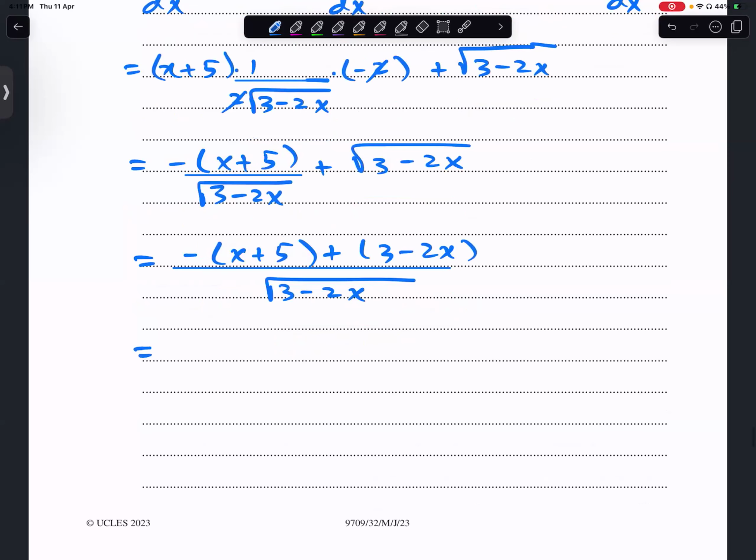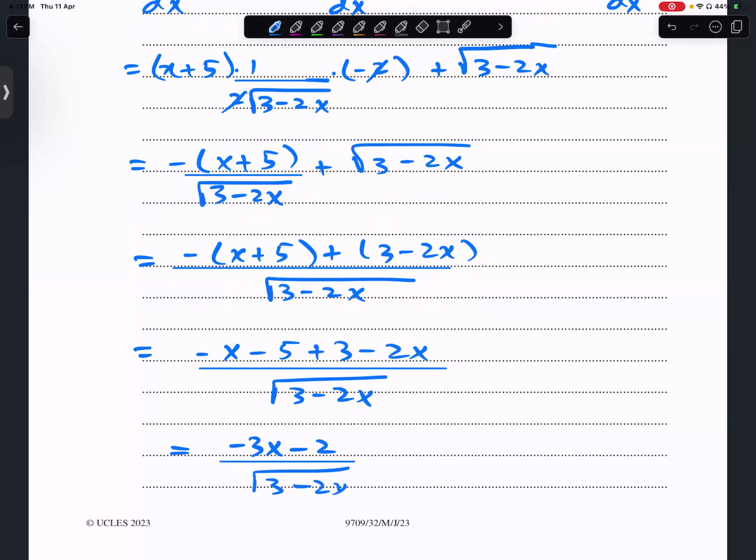And this will become, I think, I know that 2 times root will be just 3 minus 2x. Minus x minus 5 plus 3 minus 2x over root of 3 minus 2x. So this will be minus 3x minus 2 divided by